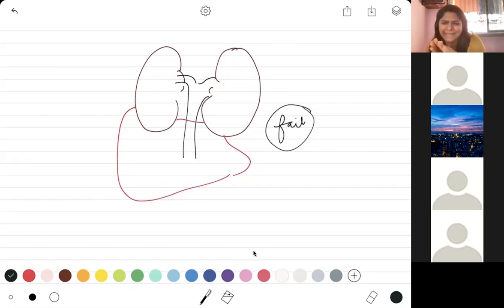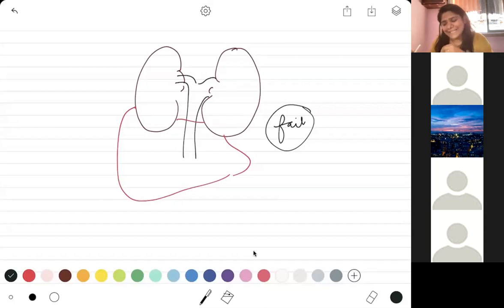Now, no one wants that, right? In the earlier days, people would just be like, oh, now what to do? My kidneys have failed. I'm going to die. And they just died. But now we don't do that. Okay? Like we don't accept death that easily. So what we do is we take a person to the hospital, we put a tube inside them, okay, and we remove the blood. Okay, not all of it. We don't want to kill the person. We remove blood part by part.